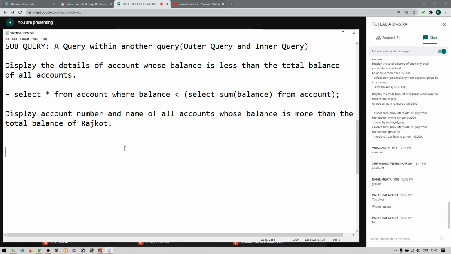Okay, so let me just give the answer of this. What is my outer query?